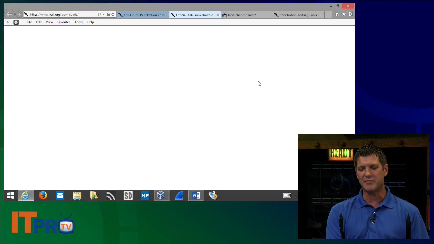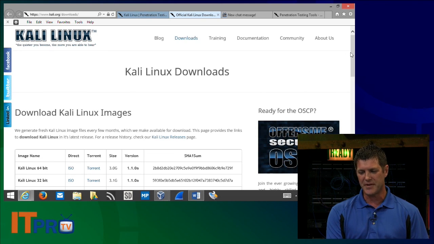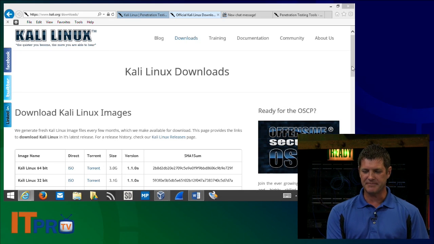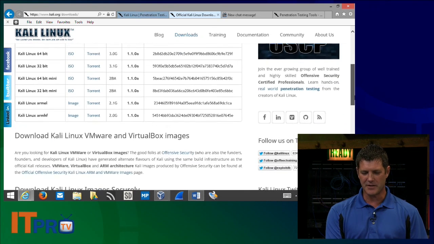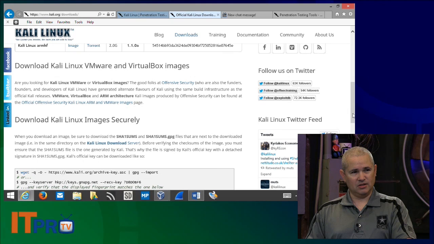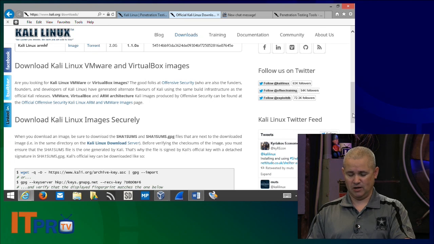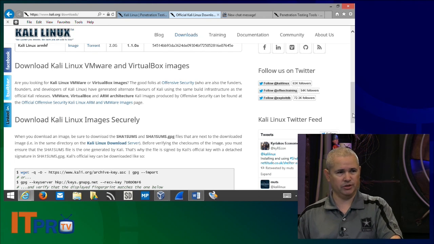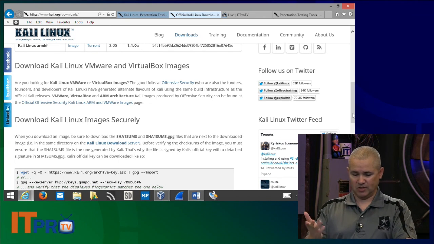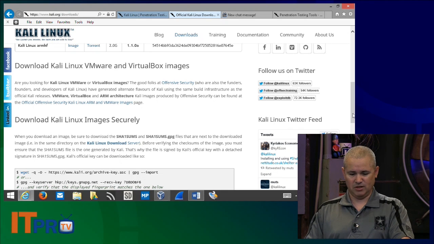If I get back over to that page, again, sorry, it's going a little slow. If I keep going down a little bit, as soon as it'll let me. There we go. Yeah, they've got the virtual images there too, if you want to go that way and grab them that way. I guess it says that they've moved them over to Offensive Security. You know, they're the ones that really gave birth to this whole thing. So they're handling that now, so you can just go over and grab it.